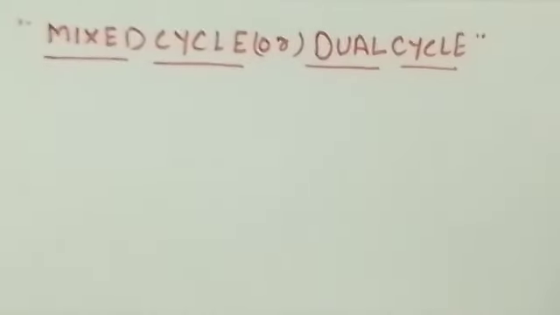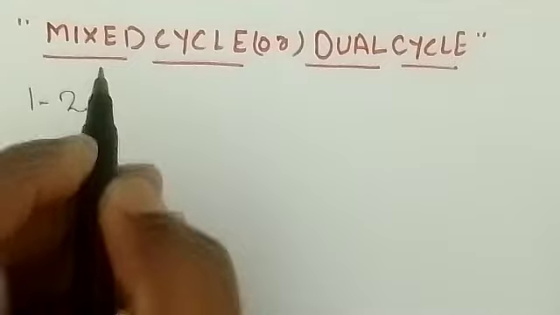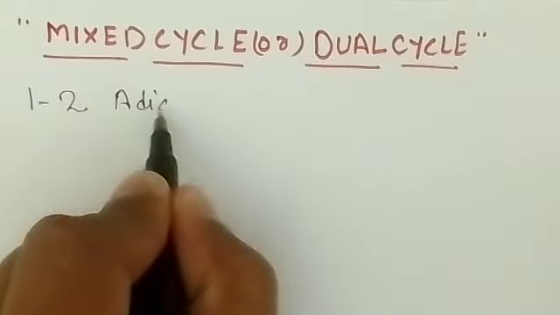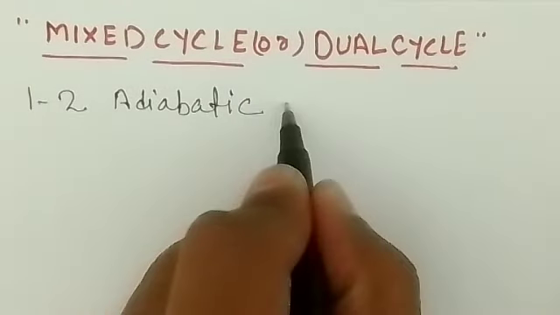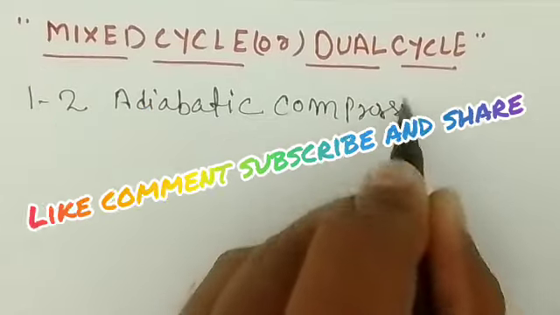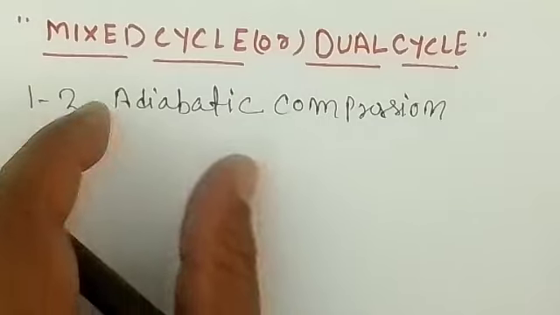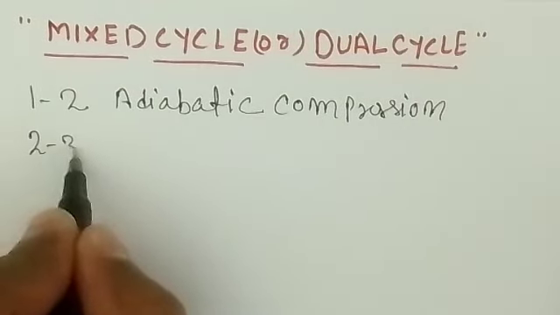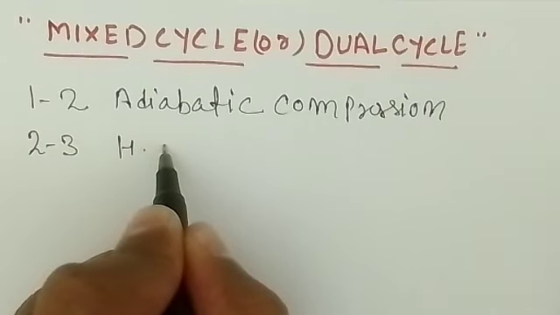So first of all, you have an adiabatic compression, we can say 1 to 2, adiabatic compression. That is reversible adiabatic compression, right? So it means the air will initially be taken into the combustion chamber and it will be compressed reversibly adiabatically. Then 2 to 3,